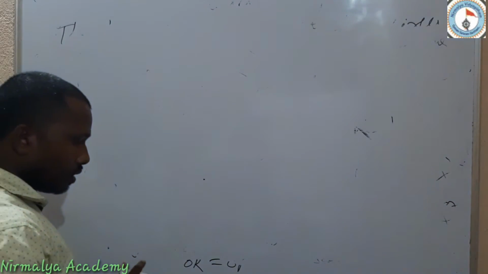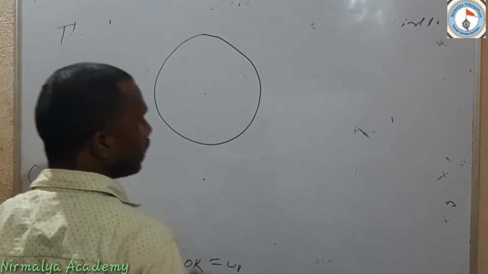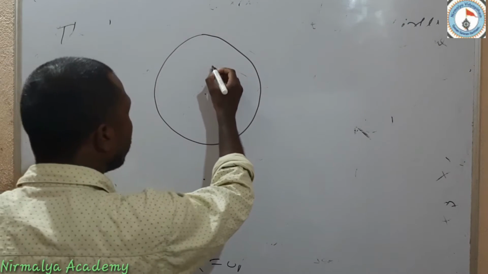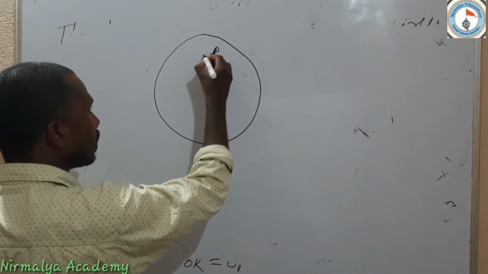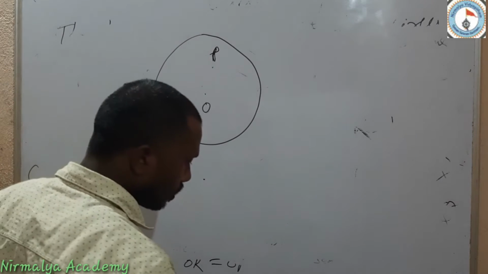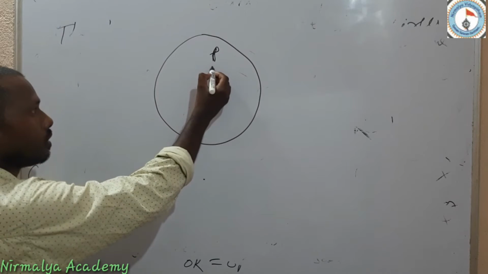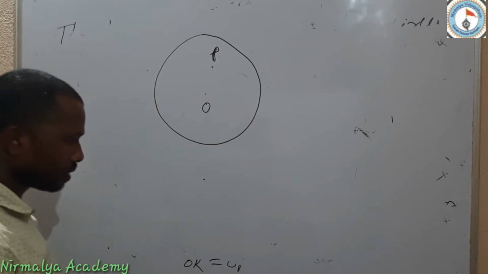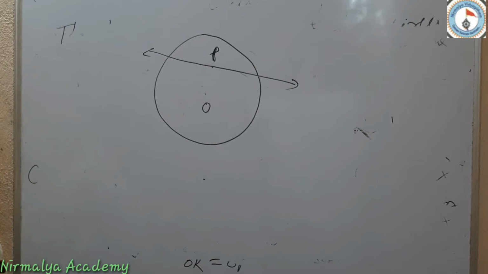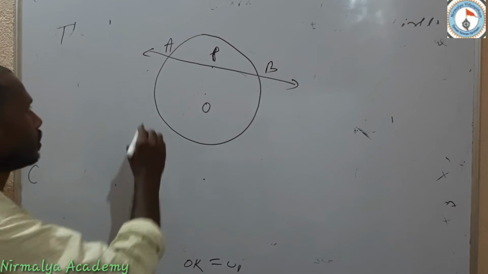If you draw a circle on a paper and take a point inside it, let's take a point P inside the circle and O is the center of the circle. So, can we draw a tangent through the point P? No, it is not possible because all the lines through the point will intersect the circle at exactly 2 points. So that's why they will be secants.